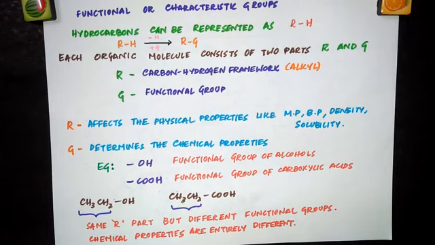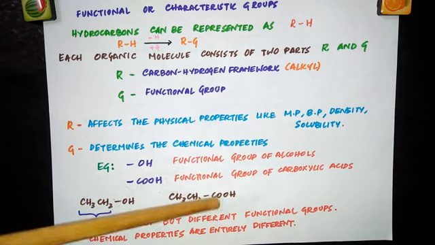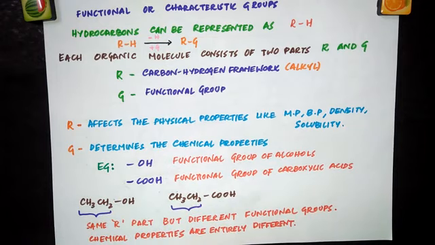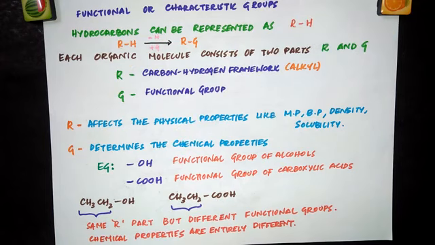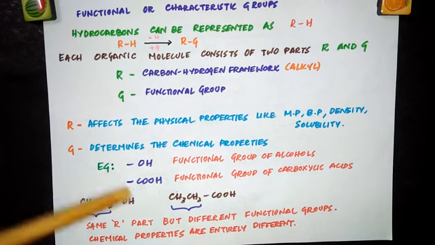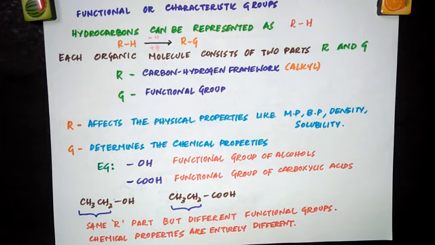So you can again define functional group. Functional group is defined as an atom or group of atoms. So here it is a group of atoms. OH, 2 atoms are there. Here 4 atoms are there. So functional group is defined as an atom or group of atoms present in a molecule which largely determines its chemical properties. Whose chemical properties? This molecule's chemical properties are determined by the functional group. Here I gave you 2 functional groups as examples. Like this, we have many functional groups that we will be seeing in this lesson and also in grade 12. So now I'll show you the list of some common functional groups.